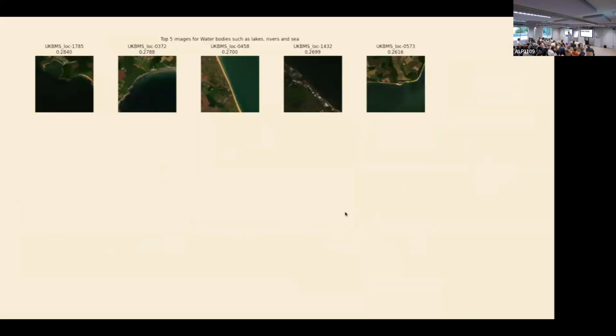So let me start with some examples. We're in the process of training these models now, so I'm sure we will be able to get better performance soon. But what we have right now is, after we train the model, for the test set of locations, we can query locations using concepts. For example, here we've created a caption that says water bodies such as lakes, rivers, and sea. Then we embed that text, compute the similarity against all locations, and rank the locations by the similarity. These are the top 5 locations in our test data set, and clearly these are all on the coastline. So that's worked well.